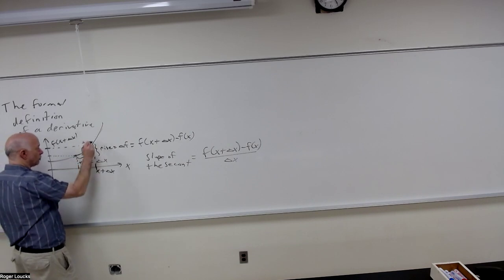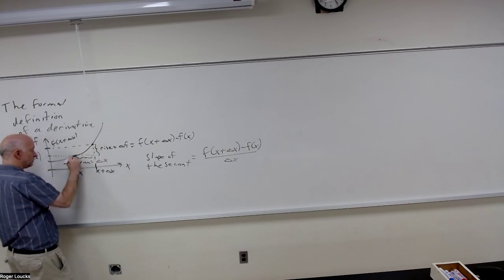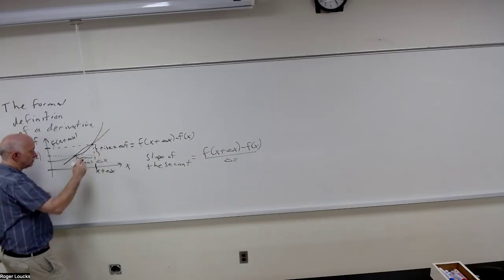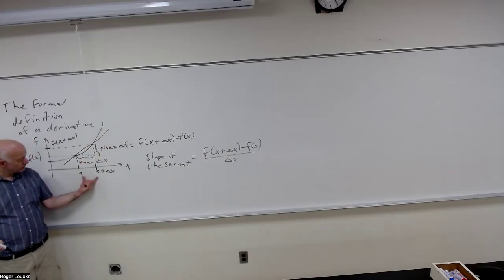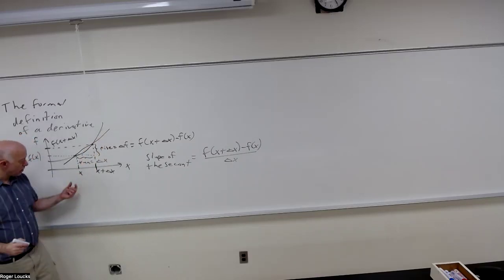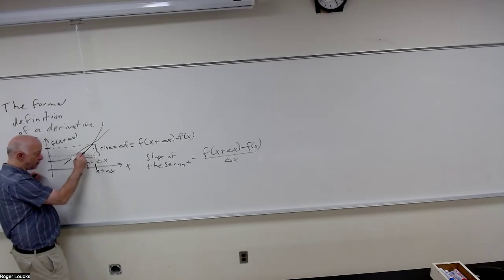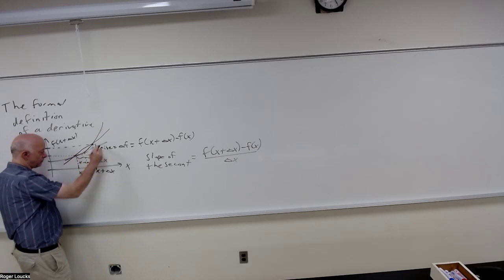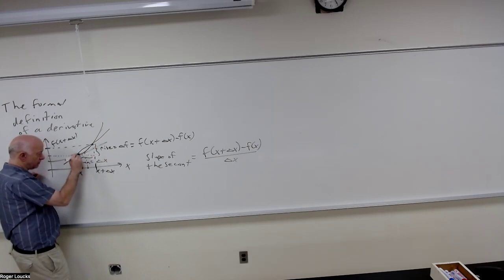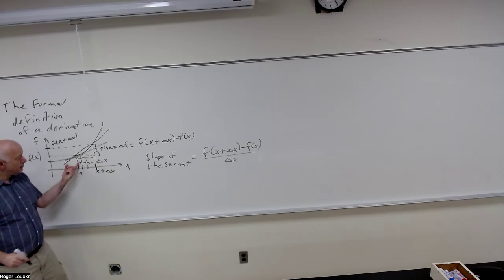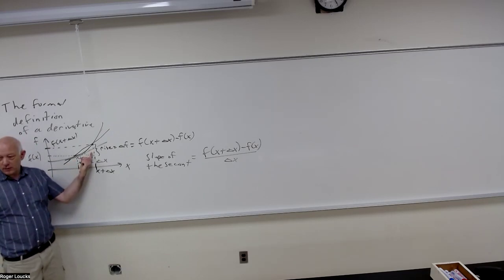So if I let this delta x become smaller and smaller, that point moves over to here. Now I have this slope. It gets smaller, and at this point now I have this slope. Bit by bit, what does this slope become? It becomes the slope of the function. One more word in front of that. Slope of the